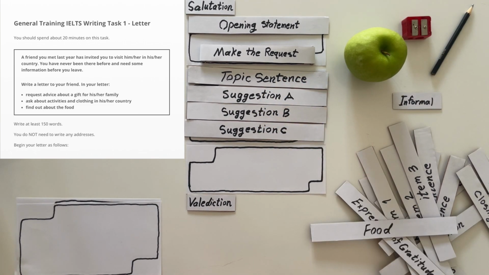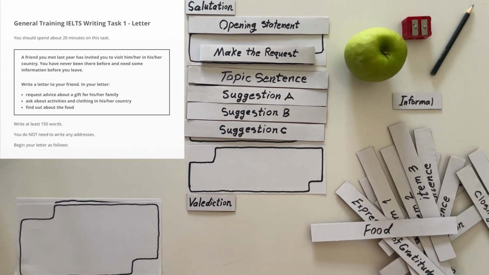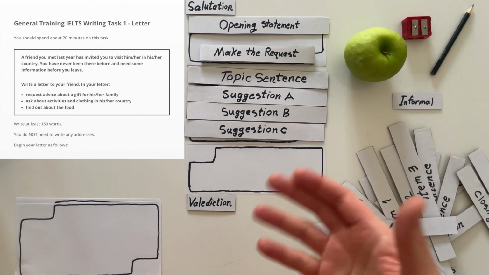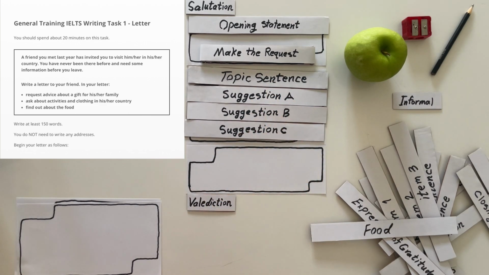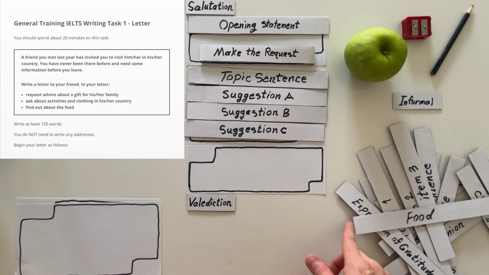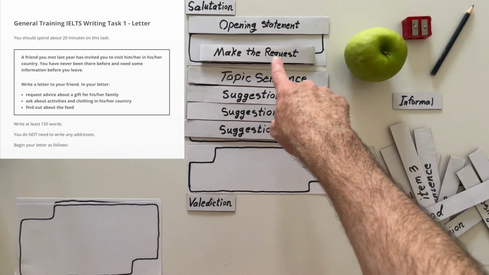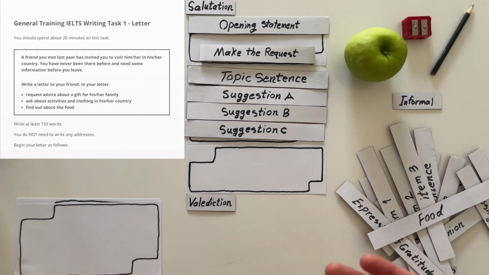So give some suggestions, like, if your mother likes this thing, I can bring her that. If your father enjoys this activity, I can bring this from my home country to him. Stuff like that. And you just put them in that paragraph. If you don't do all this and you just make the request, let me know what your parents like, you will address the task, but just make sure you do more.